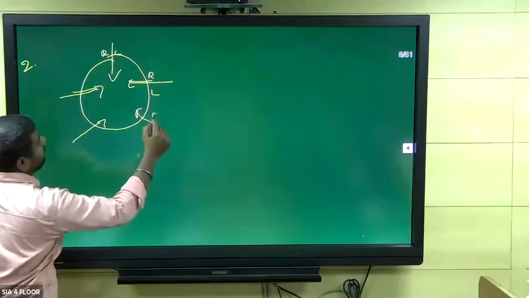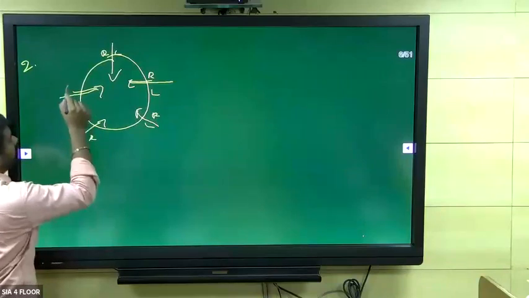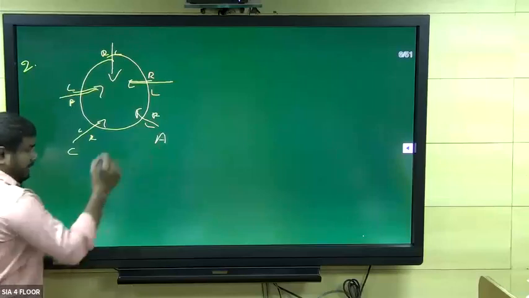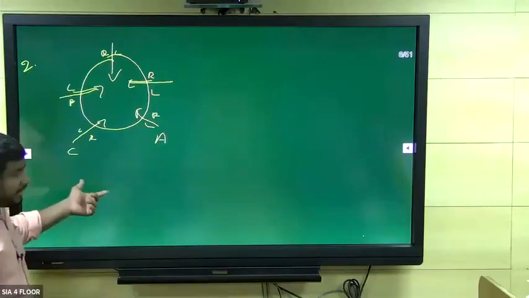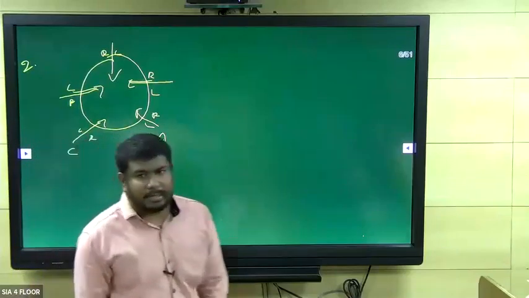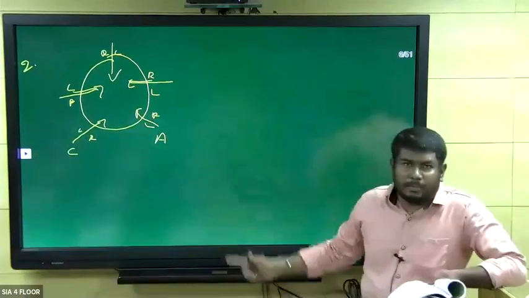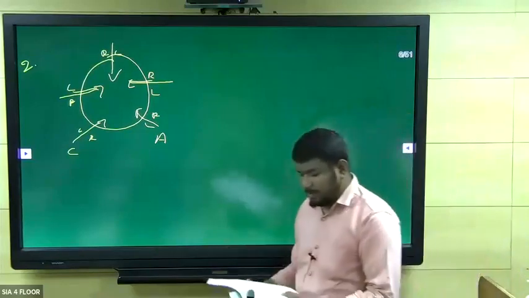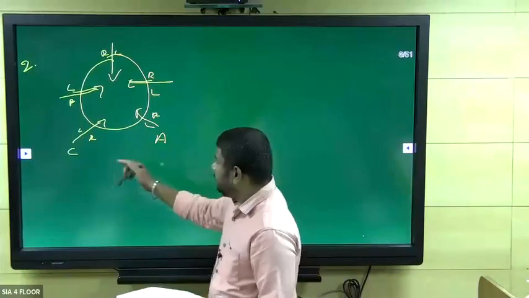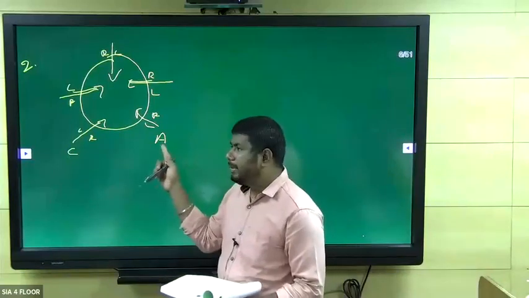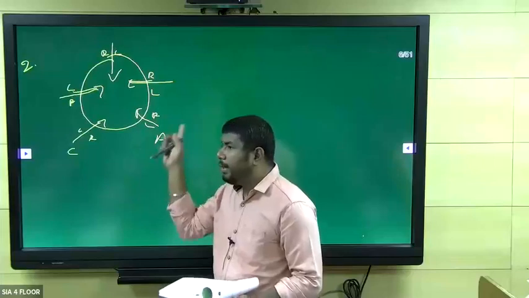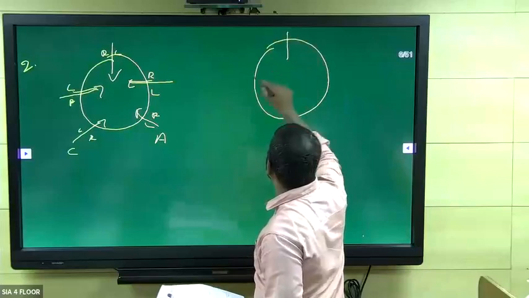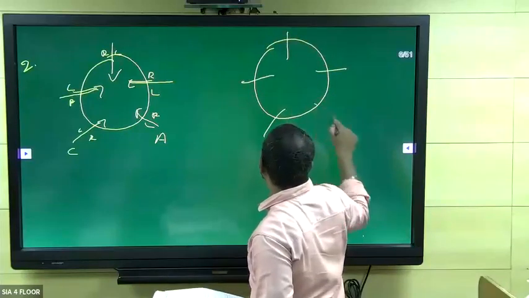Right, left, right, left, right, left. C is seated next to A. That means like this. If A is here, C will be seated here, right? It is correct. Is there only one possibility for the question, or is there another possibility also, right? Listen, guys. C is seated next to A. They didn't mean that C is left to A or right to A. So we need to draw one more diagram.